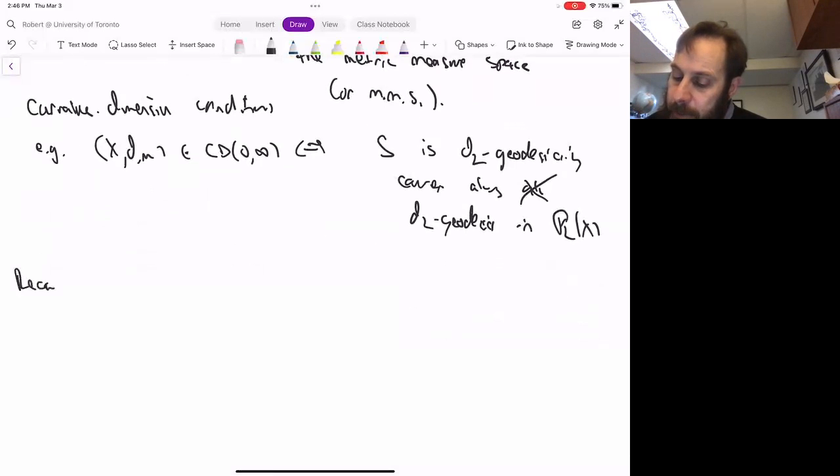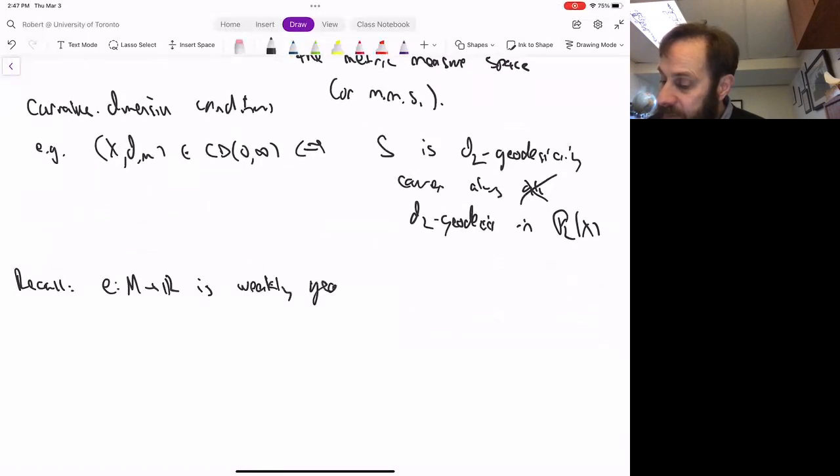So recall a function E on a manifold into R is weakly convex, weakly geodesically convex or whatever, if and only if for every X, Y in M, or let's say X0, X1 in M, there exists a geodesic